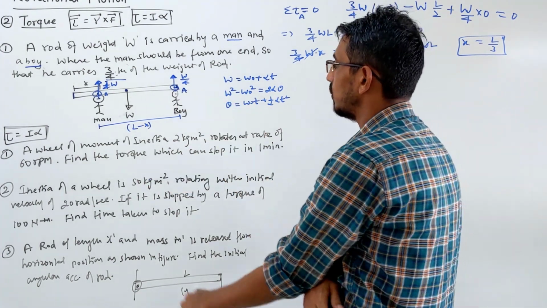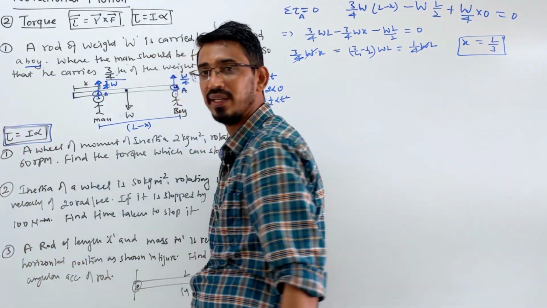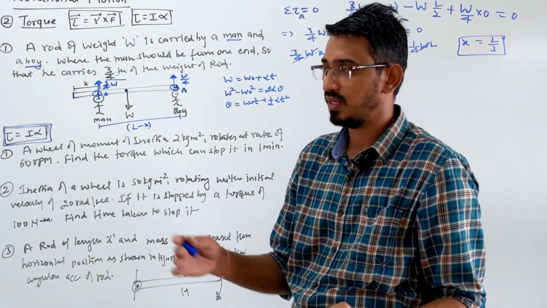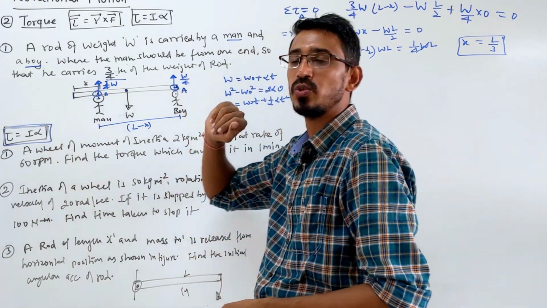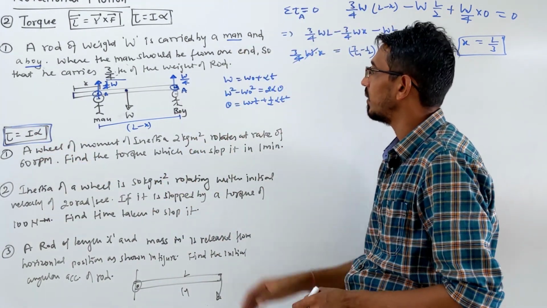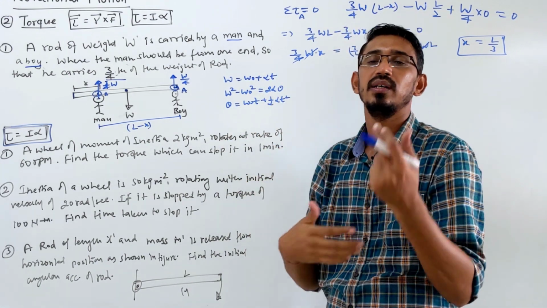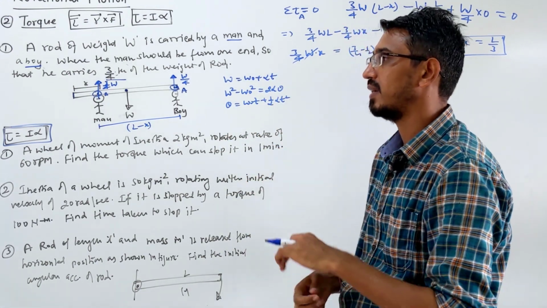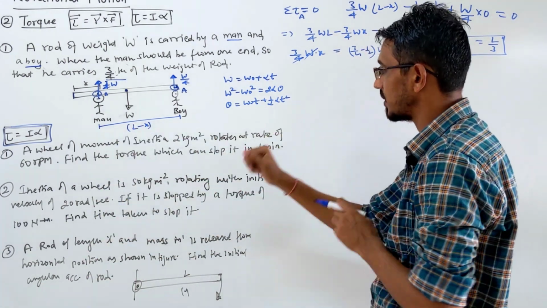So far the use of the formula torque is equal to I into alpha did not come, right? In general, you were writing force into distance. Now let's see the use of this formula. Two types of major questions we will see: one based on equations, and the other based on symmetrical objects like a disc, a ring, and these things. Let's first see the type of questions which they ask on equations.